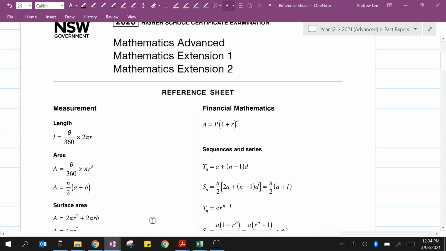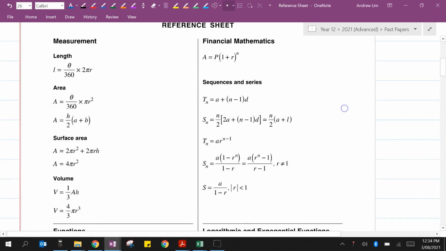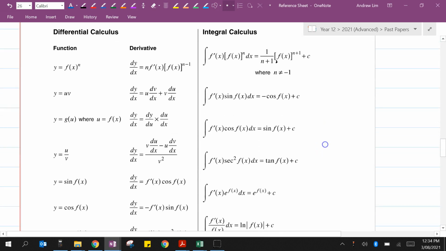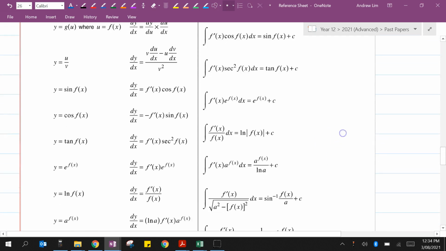I'm going to bring out my reference sheet, which you'll have during your exams, and scroll down to where the differential calculus is. When we've got y equals e to the power of f of x, then when we differentiate it, we get